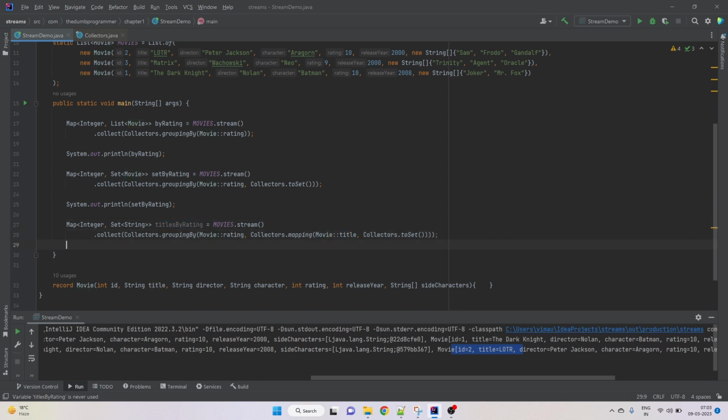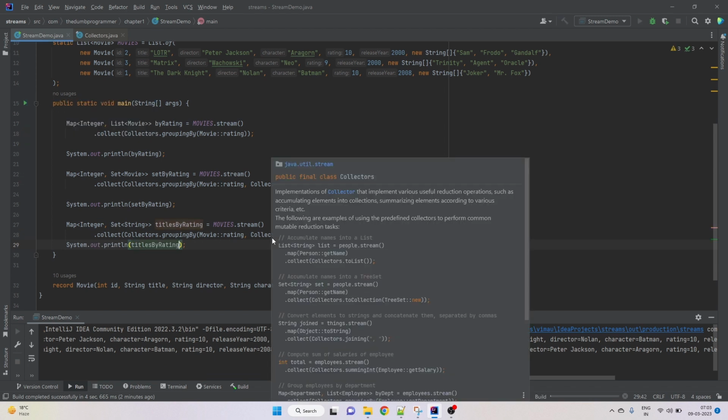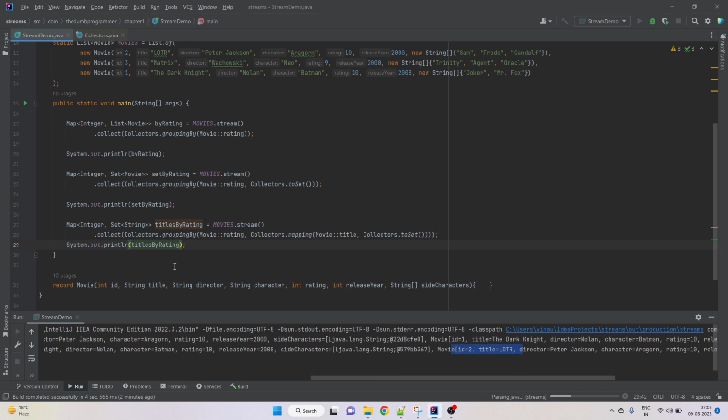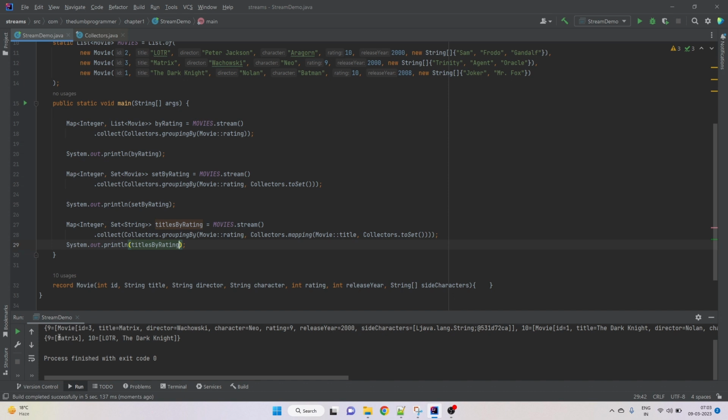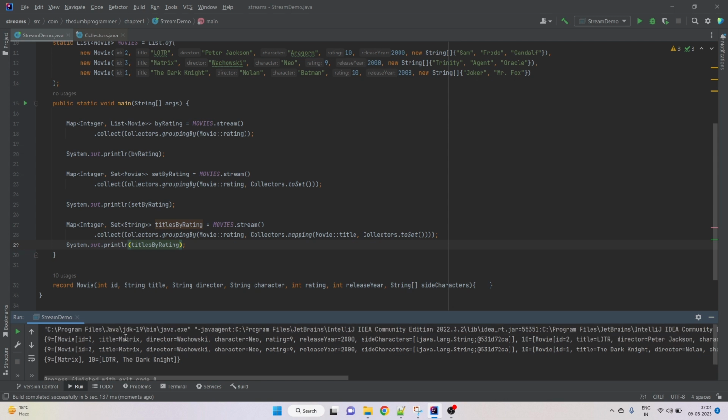Now if we print it and run the code, we see the movie titles grouped by their rating. So rating 9 has a single movie, Matrix, and for rating 10 we have two movies, LOTR and The Dark Knight. So instead of the Movie object, we are now grouping the title. Okay,